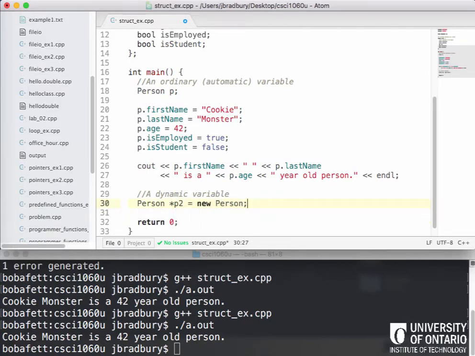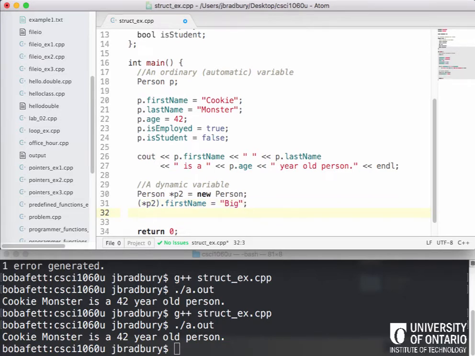So I declare that I have a new pointer p2, and I immediately say on the same line that it's going to point to a new person, a new dynamic variable. So it's going to set aside memory in the heap for this person variable. If I wanted to do this now, I'd have to go star p2 dot first name equals big,